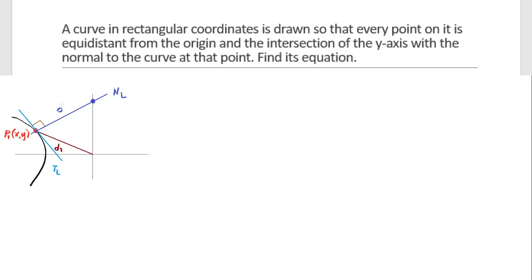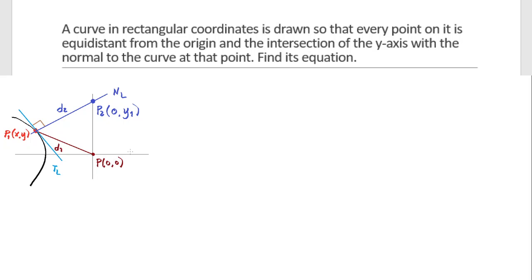We call this D2. And the intersection of this normal line to the y-axis, let's call that point 2, and that is what point? That is 0. Of course, the x is 0 at that point, and let's call the y coordinate as y1. And then, of course, for the origin, it's obvious. The point there is 0, 0. So that's for the geometric properties present on your problem.